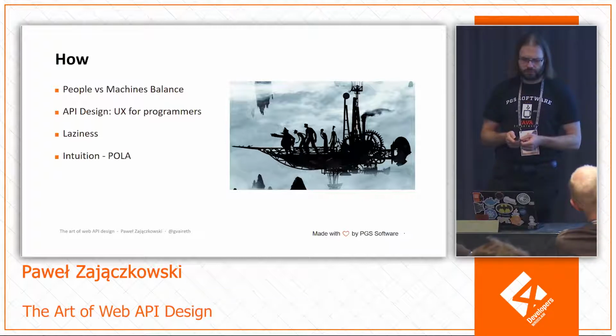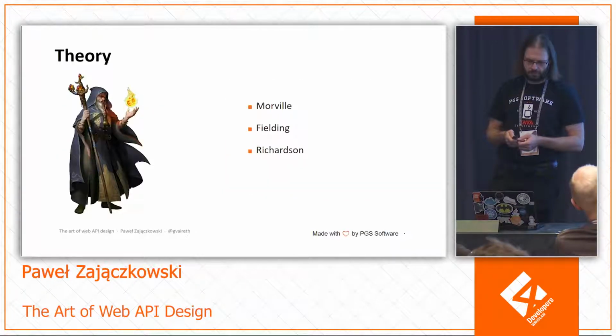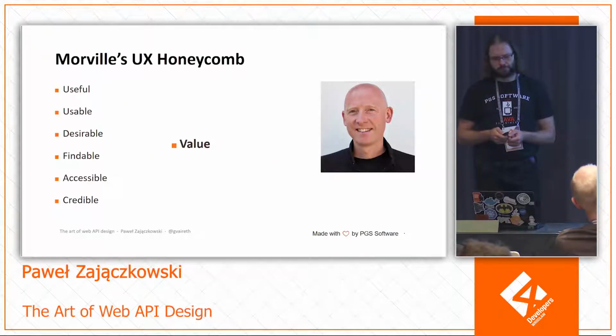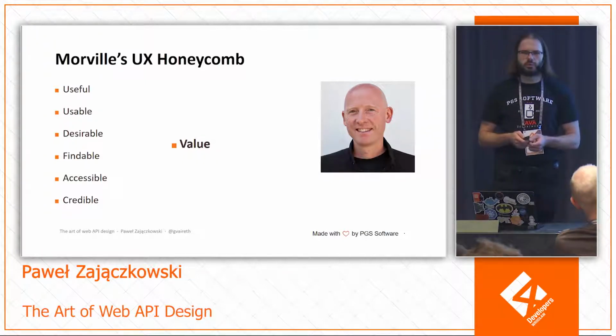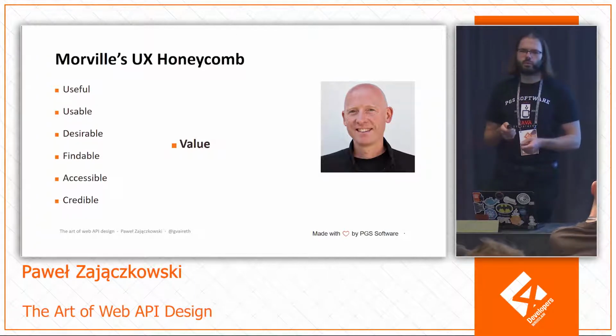Okay, that was the Scout. So the principle of least astonishment is this beautiful shortcut at the bottom. Now we are moving to our wizards. The first wizard, Peter Morville. Anyone heard of him? This is a guy from design, basically, and he wrote an article 10 or 12 years ago about 6 qualities of a good product.